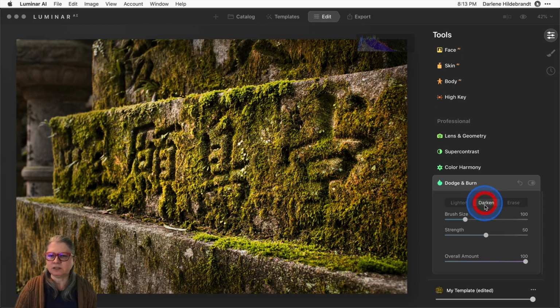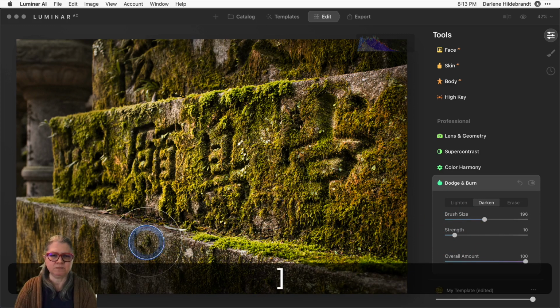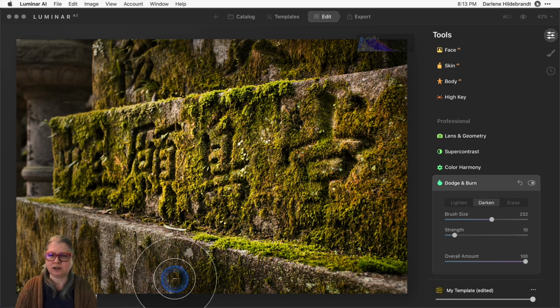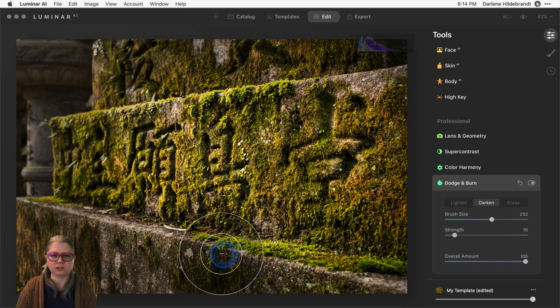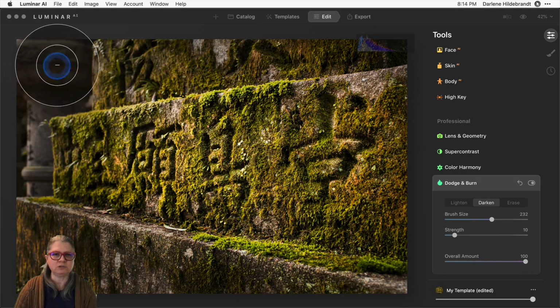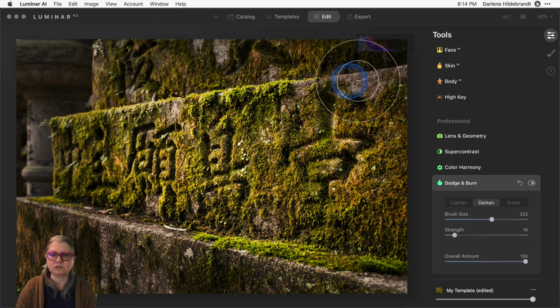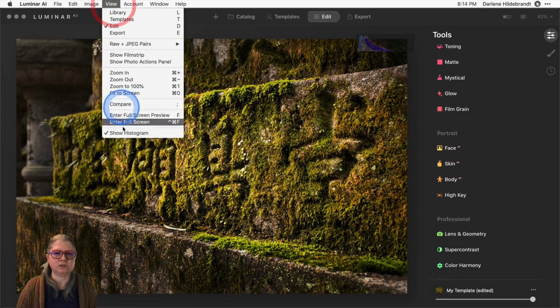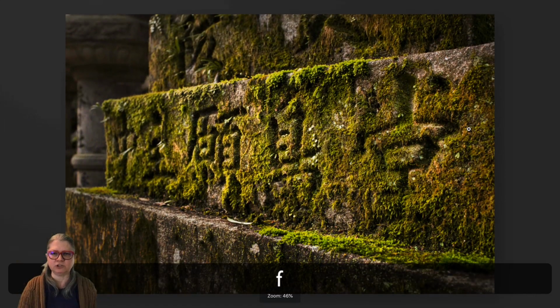So you're starting to see that these tools for adjusting the contrast are fairly similar each time. So we used them last time to lower the contrast, and now I'm using them to raise the contrast and punch up the image, but also to draw attention to certain areas or away from certain areas. You can see that I'm just using this dodge and burn tool to affect certain areas so that my eye and my attention goes where I want it, which is in this front part here. Click to apply it. Let's turn the histogram off and look at the full size image.